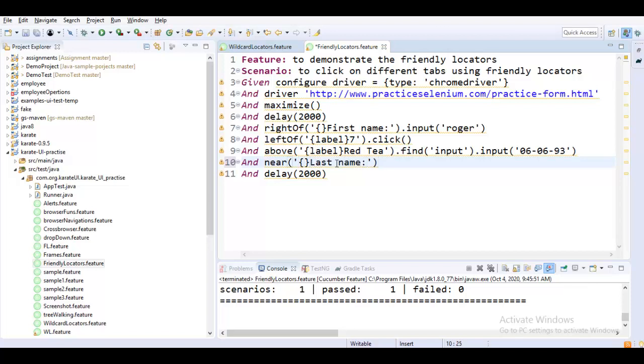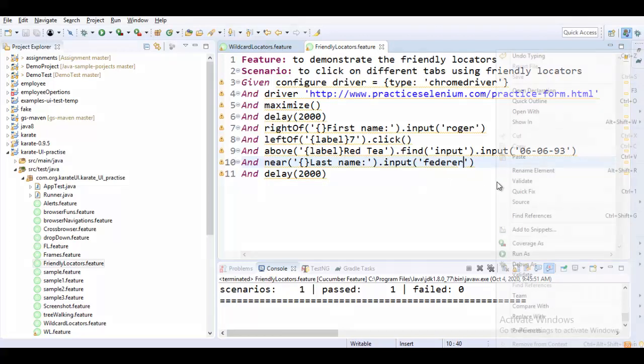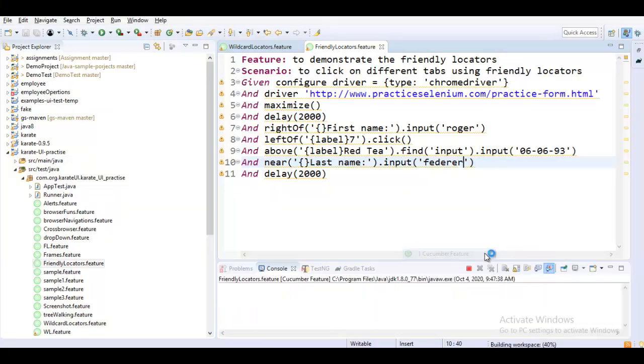With the help of last name, I do an input of something as keys. Yeah, so what happens is it will go ahead and do it again on the first name box, if you actually look into it.